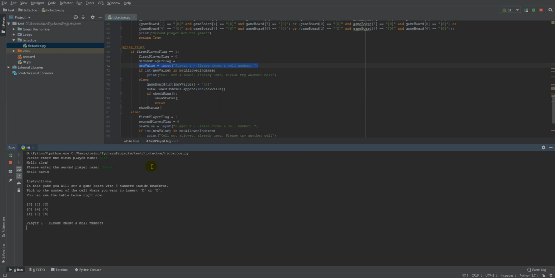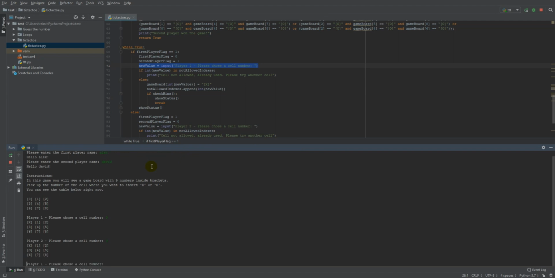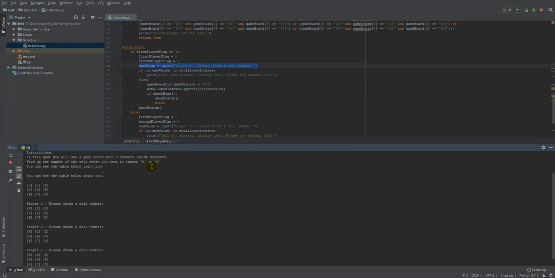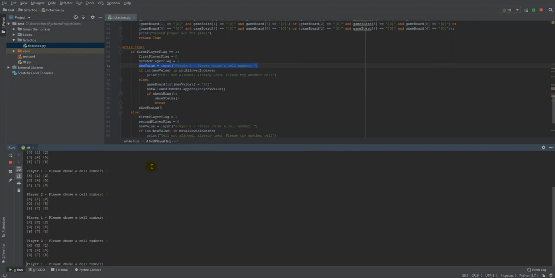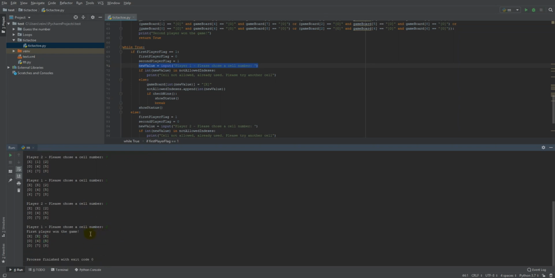Let's do 0, 3. Let's do it 1. Okay, 6, and let's try the second cell and see if we get a win message. First player won the game. Nice. So the code pretty much works,